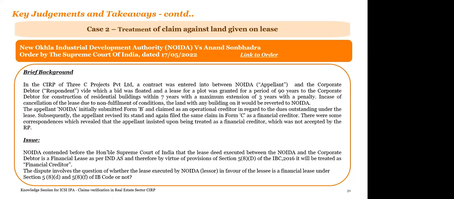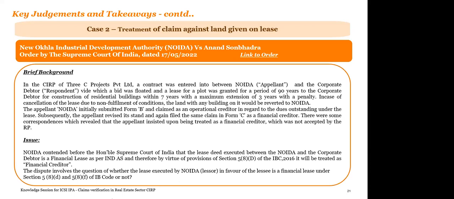This judgment is basically on the treatment given to a claim against a land lease. This is an order given by the Honorable Supreme Court in 2022 in the matter of New Okhla Industrial Development Authority, that is Noida, versus Anand Sonbhadra. The brief background is that in the CIRP of 3C Projects Private Limited, there was a contract